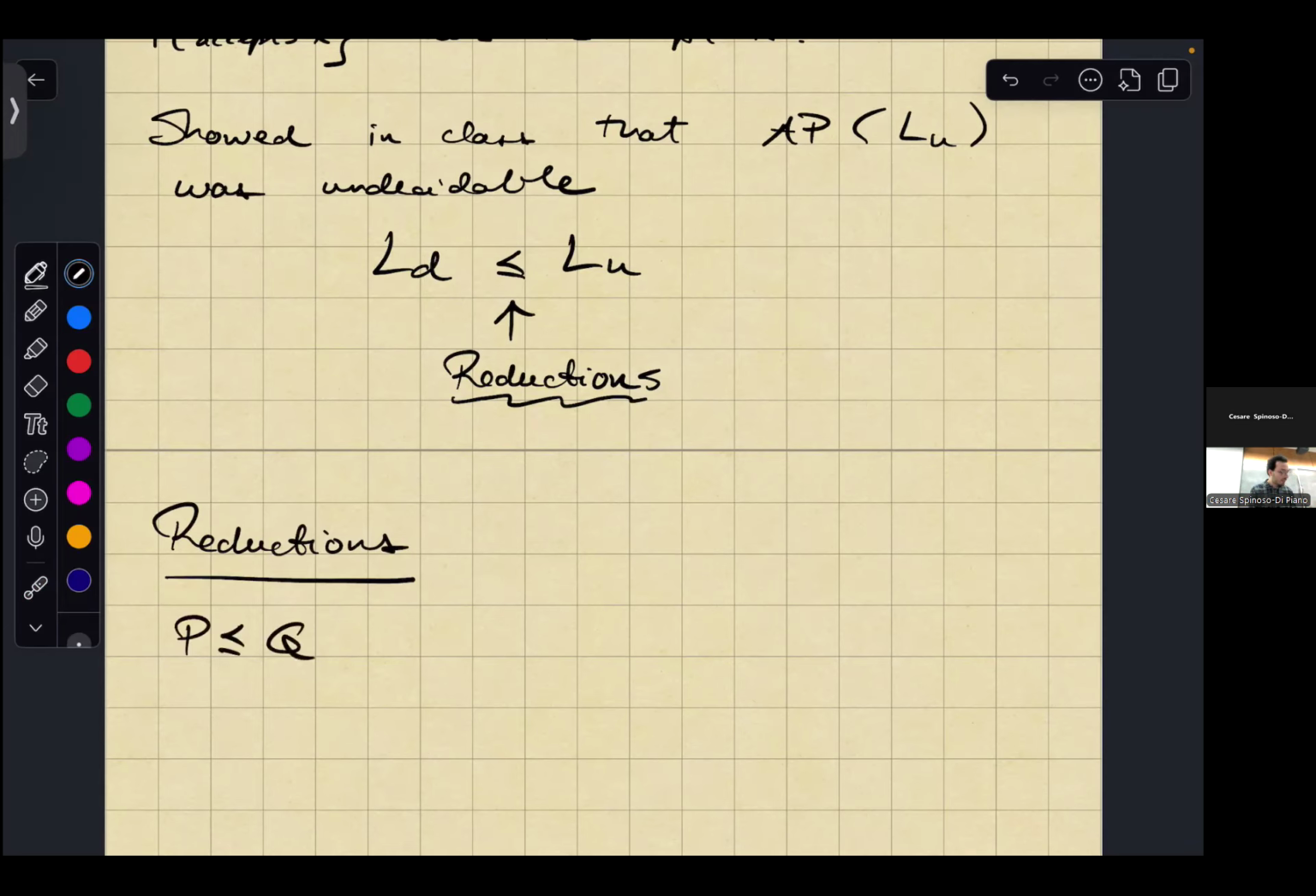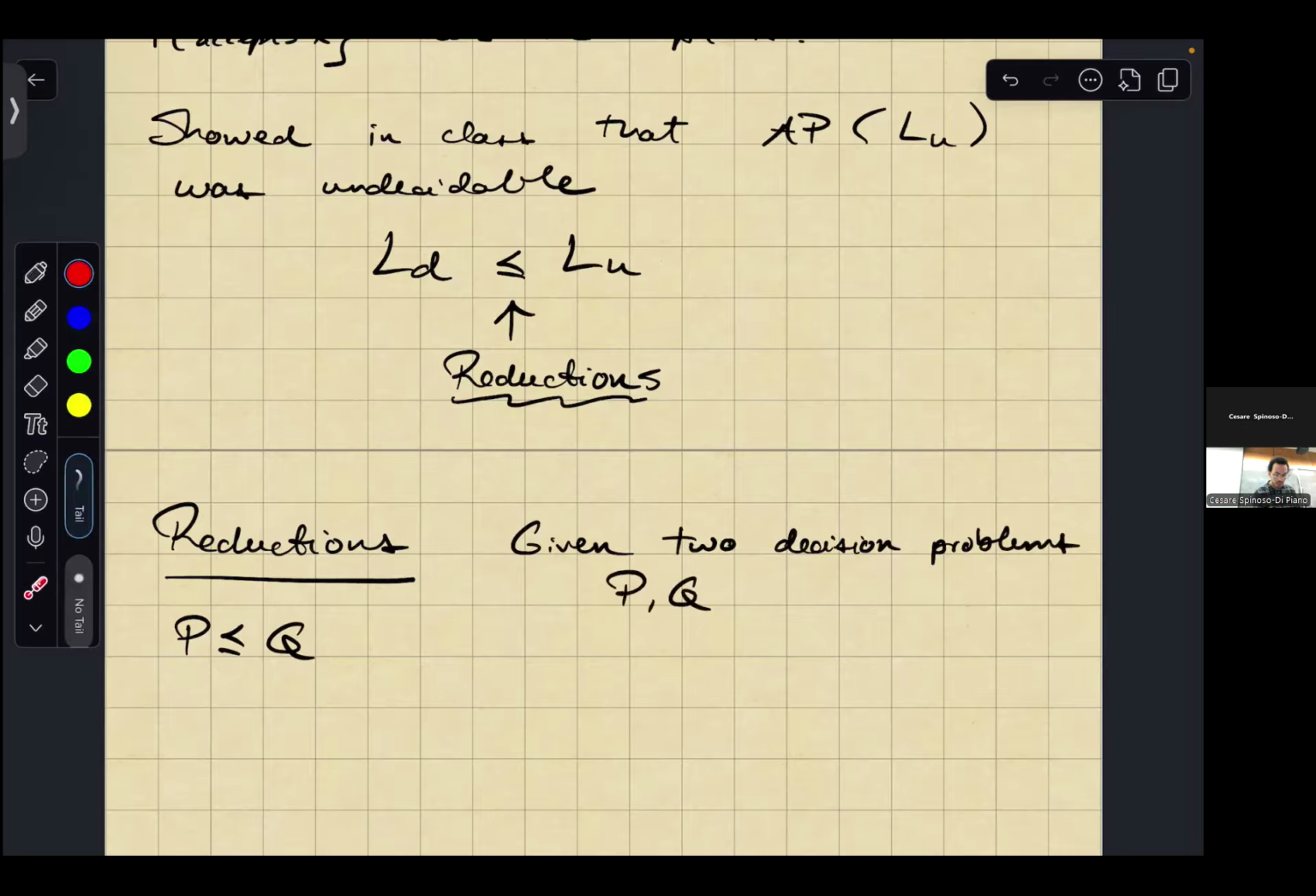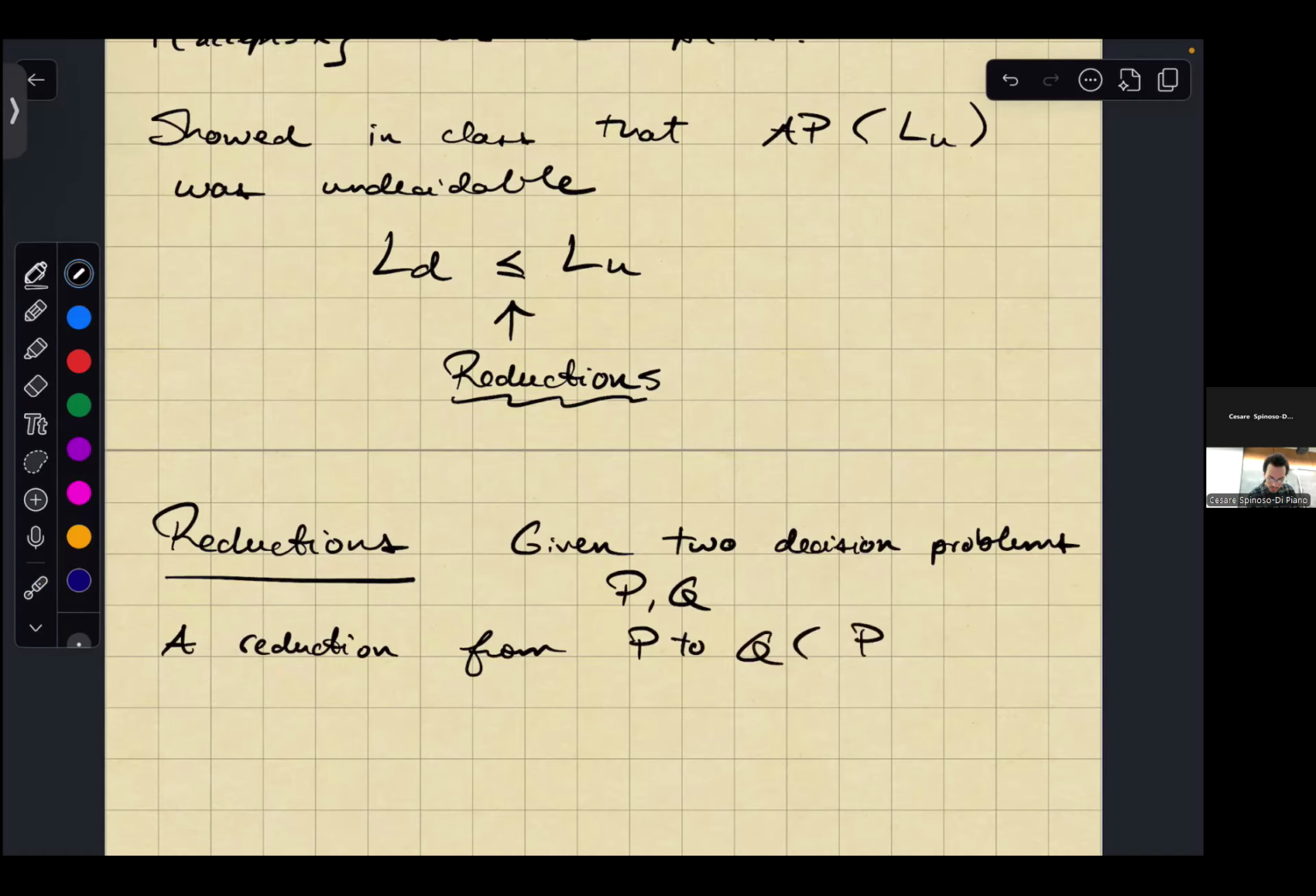So given two decision problems, so problems where the answer is yes or no, P and Q, a reduction, so P to Q, is, let's write it like this. A reduction from P to Q, which is written P less than or equal to Q, is a method